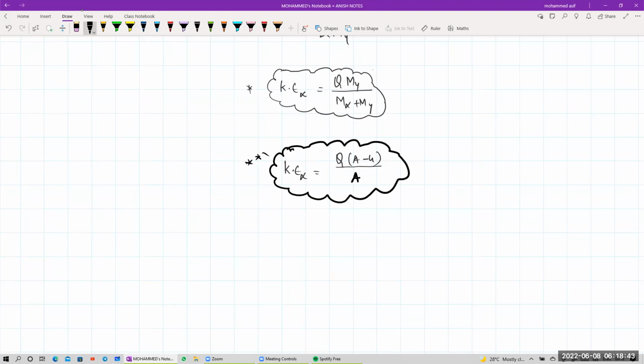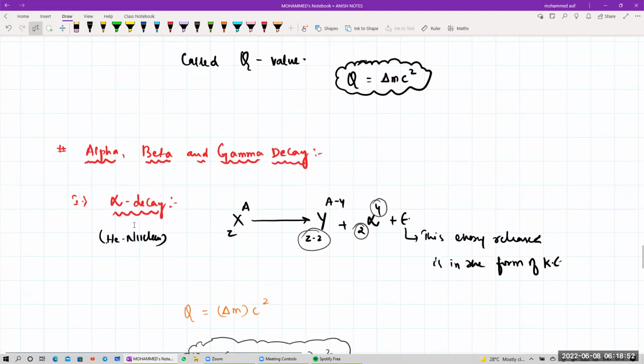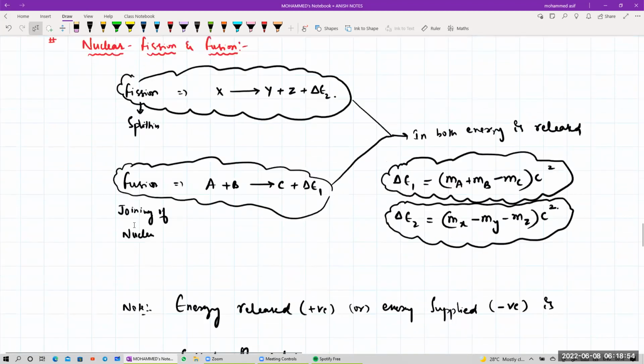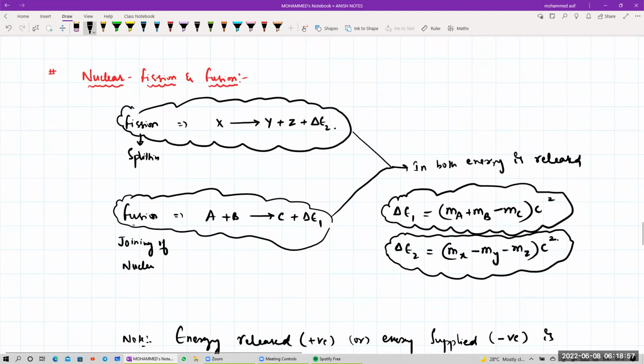Did you note it? Alpha decay, understood? Very important relations. So what are we actually writing? Nuclear fission and fusion. I told you that fission is nothing but the process in which a nucleus is splitting and releasing energy, and in fusion you are combining, it is absorbing the energy and forming a stable nucleus. So fusion is nothing but combining or joining. In both the processes, energy is being released, and that energy release is being calculated with the formula